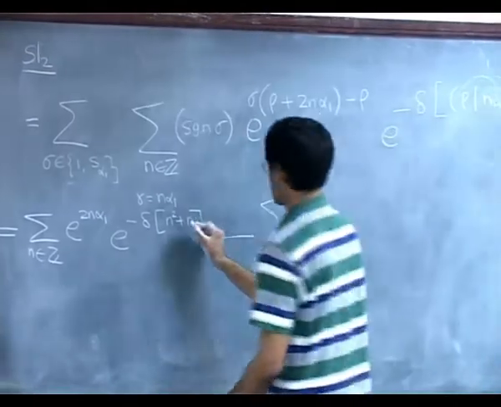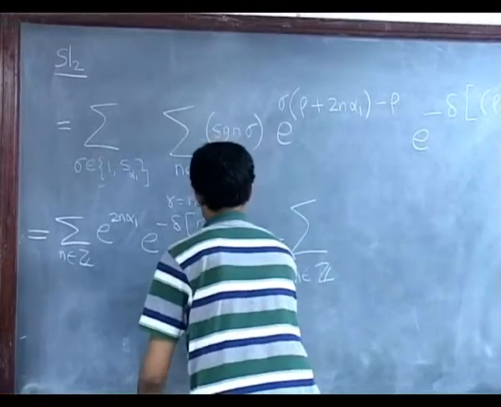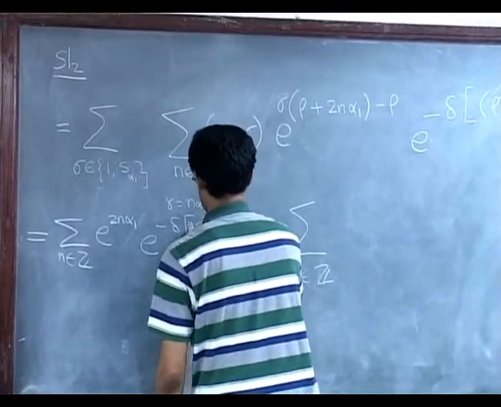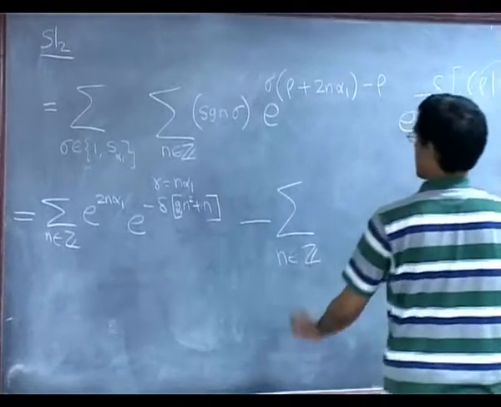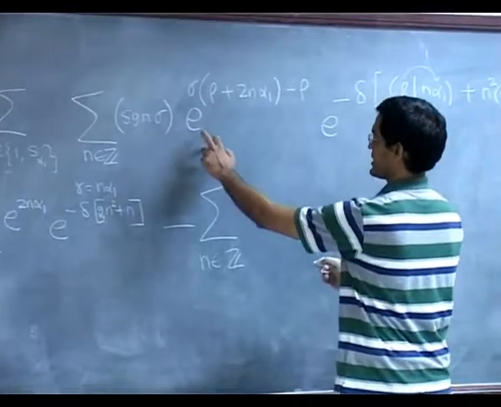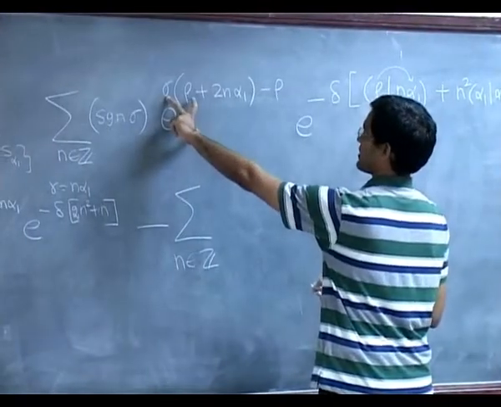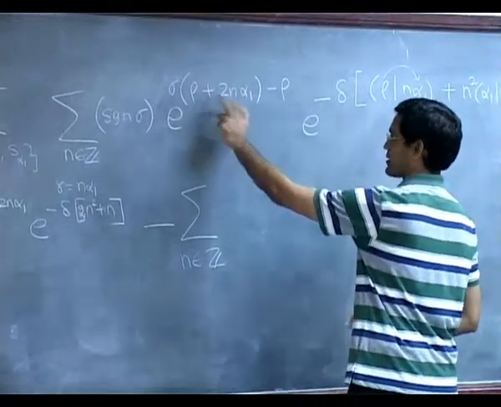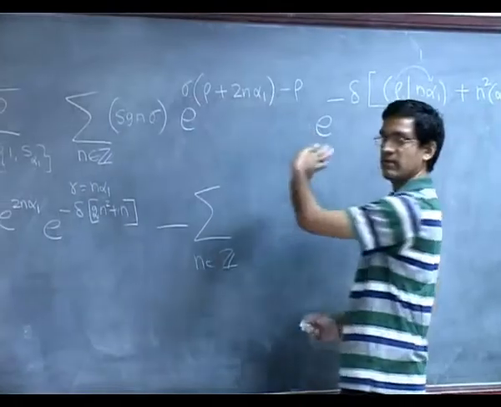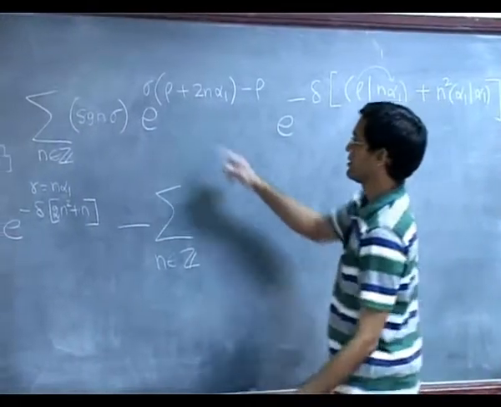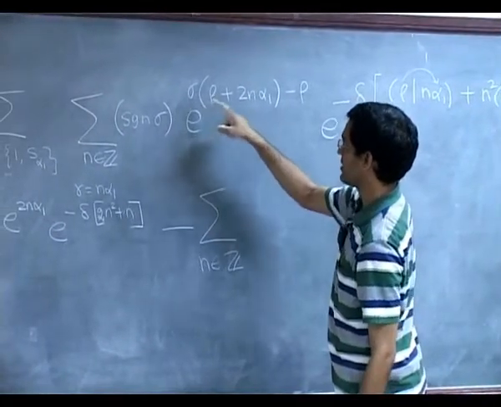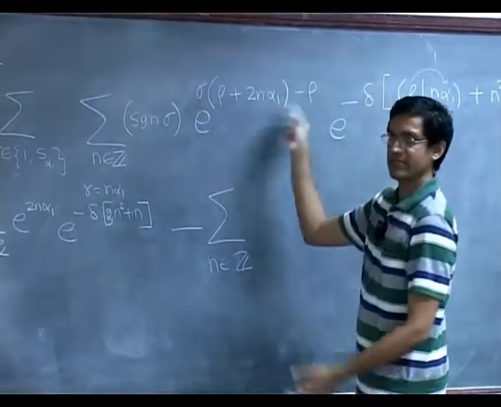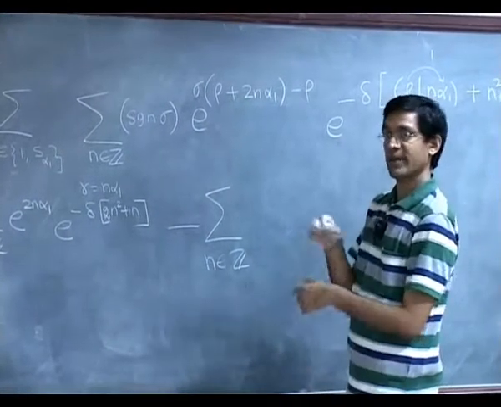Alpha 1 is 2, correct. 2n. No, 2n square. Okay. And this now becomes sine of sigma is minus this reflection. How does it act on rho plus 2n alpha 1? Well, on 2n alpha 1, S alpha 1 will map it to minus. And then for S alpha 1, if you compute sigma rho minus rho, we just did that computation, right? It will give you minus alpha 1.